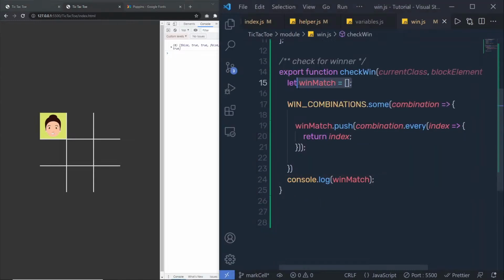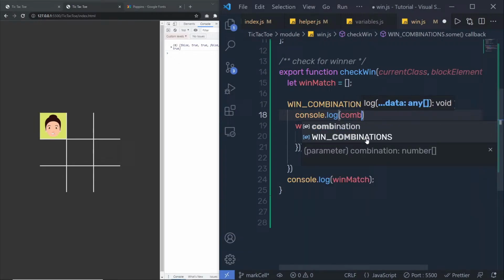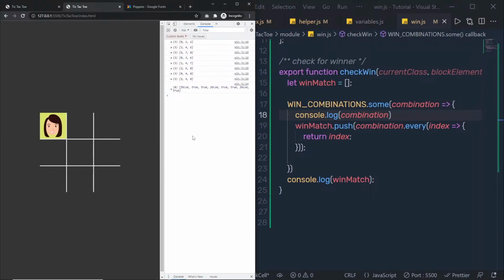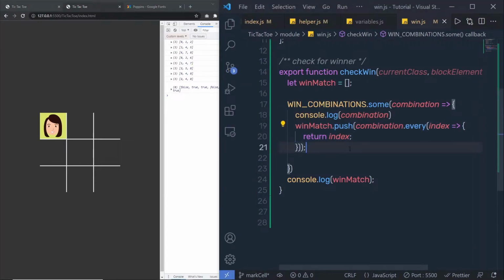So inside this, we have true and false values. Now if I print console.log combination, then you can see I'm going to have all the combinations in the console, and then I have here false and true values. Now what I have to do is, inside this function, we have to check that we have this combination